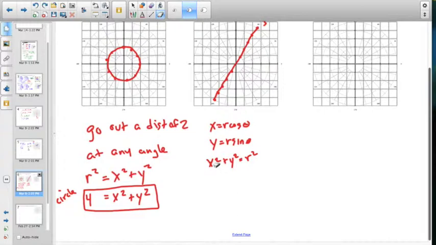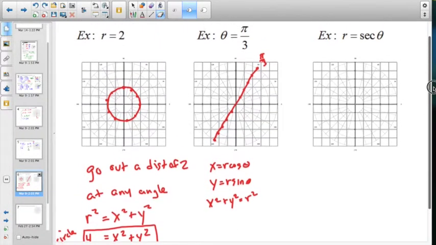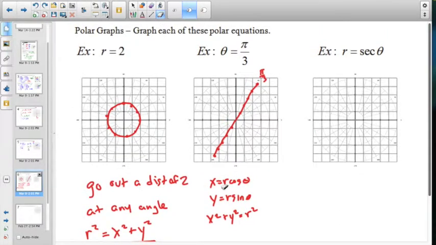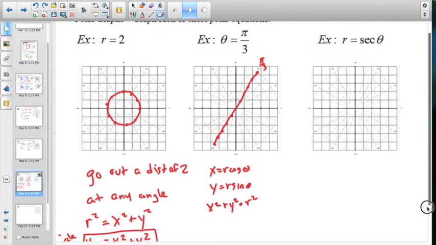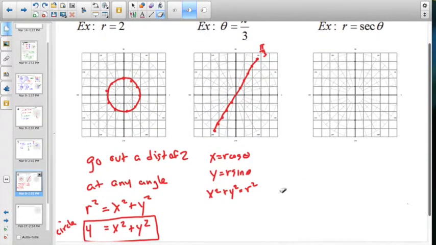So if we look at substituting in this value into this first equation, we get